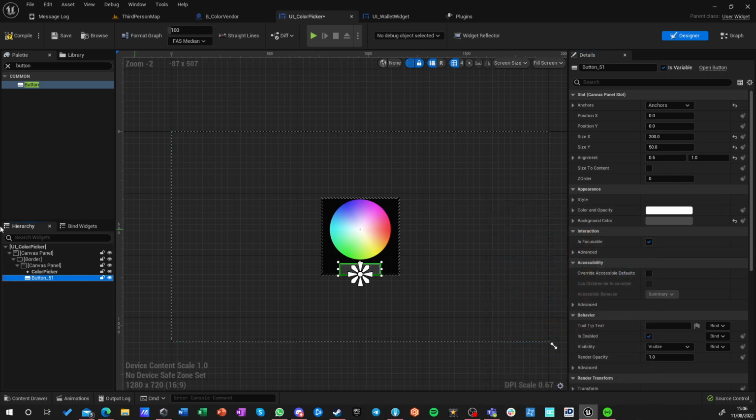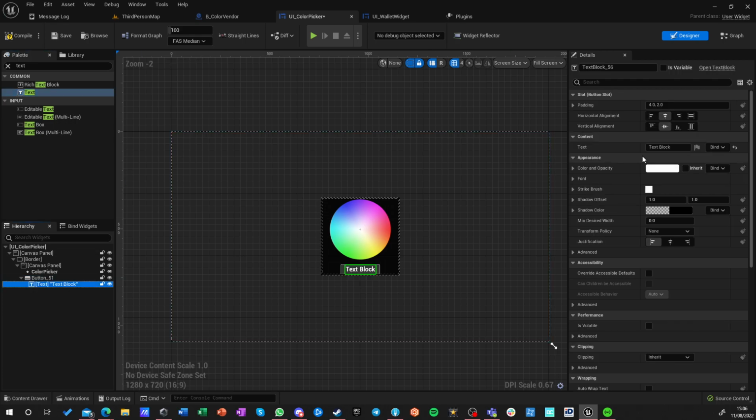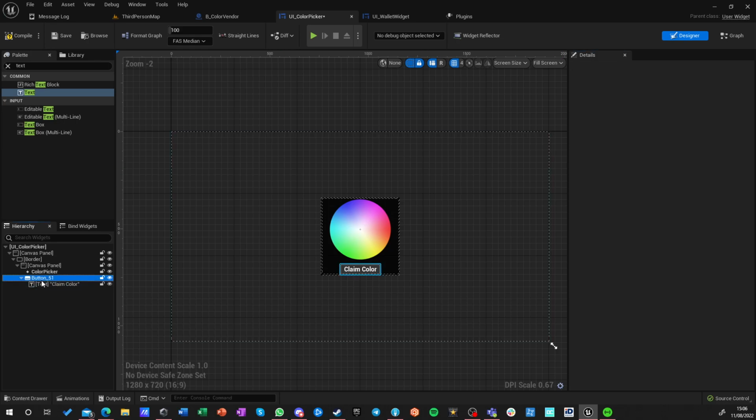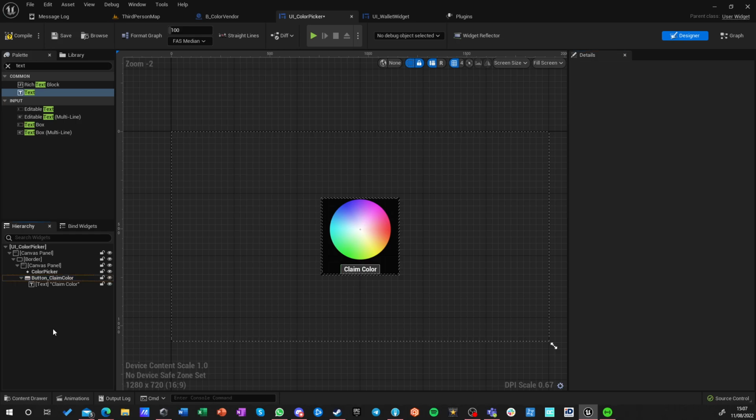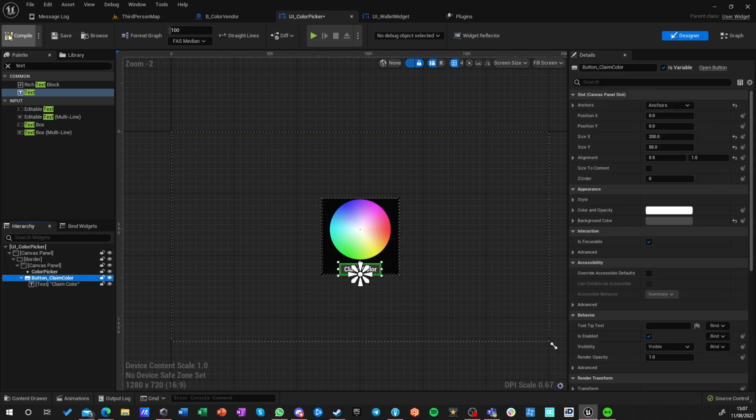I like it this way, white text. And we need to add a text, and this text is static. Just claim color. And this button will be called button underscore claim color, and it is a variable. Okay, so we got this widget,